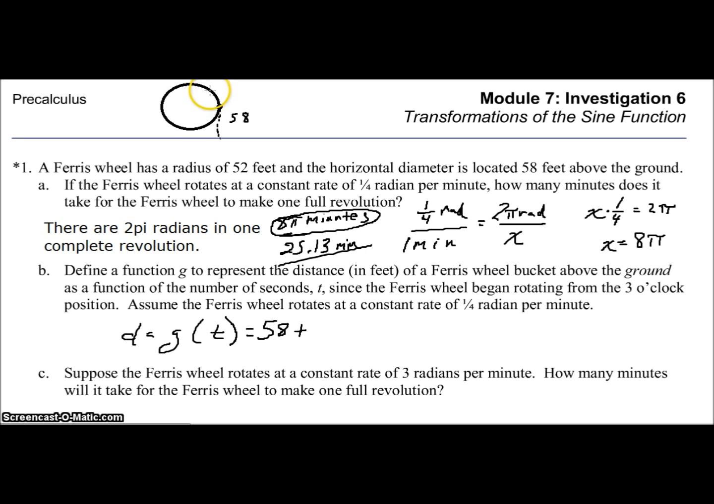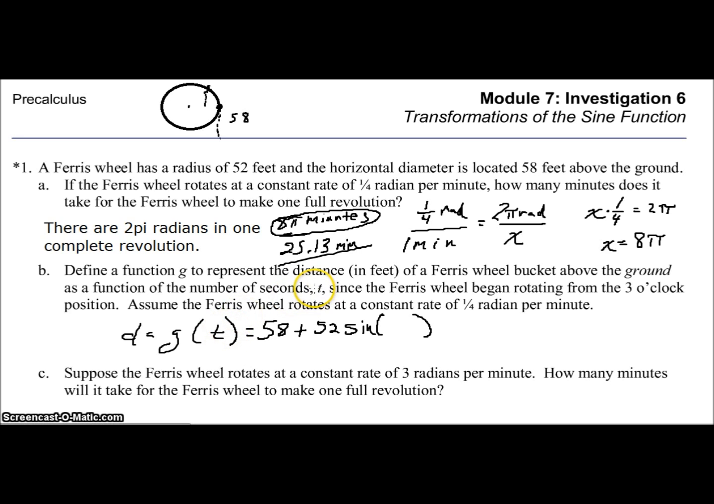And we're going to add on whatever vertical distance the Ferris wheel car is at. So if the car is up here, then we have this vertical distance. It's going to be added on to 58. So we're just going to add on 52 sine of, it would be theta, but since we want this function in terms of time, we know that